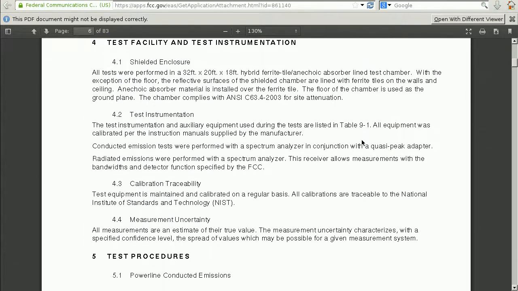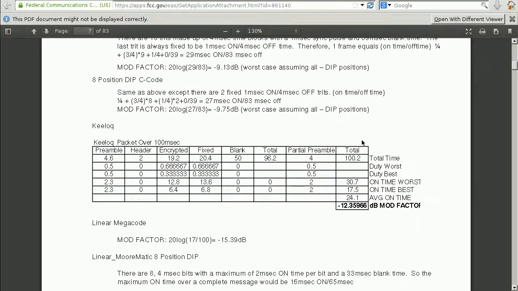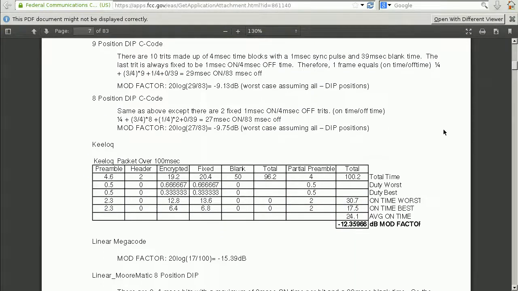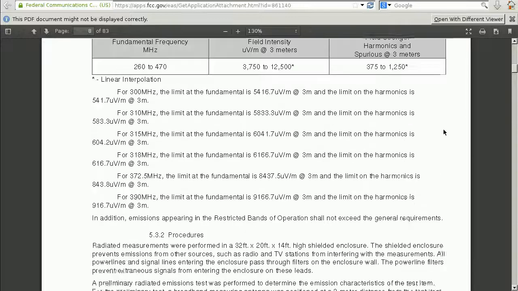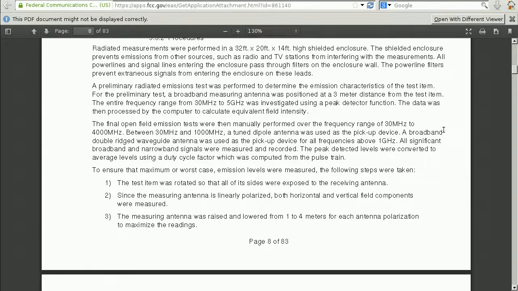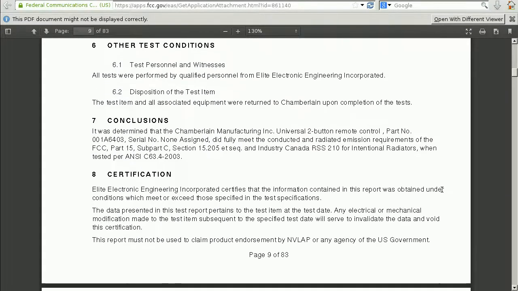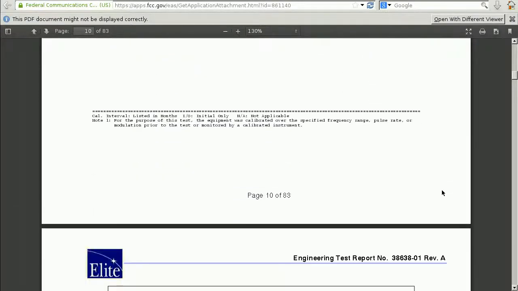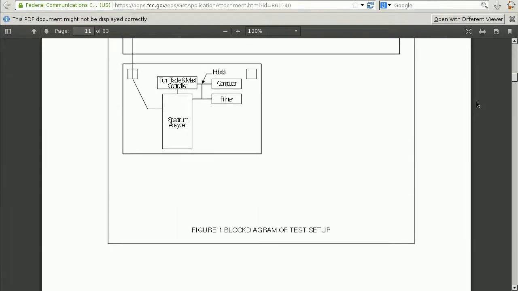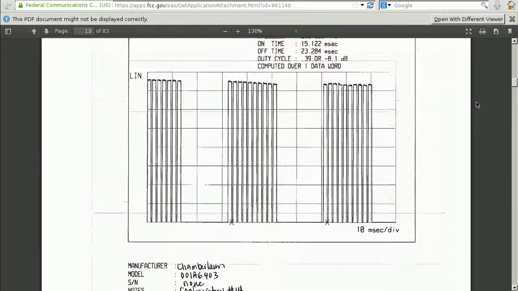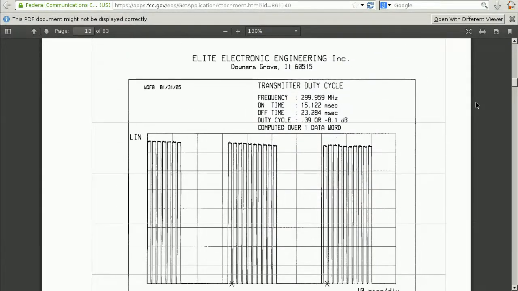If we scroll down a little bit further, we'll see some information about the results of the test. And for the most part, this information isn't going to be too interesting to most of you yet. However, as you learn more about radio communications, you may find more and more that you understand what this means and that it could be useful information. You can see a little diagram of how they set up the test and photos from the test. And then we get to these actual test results that are the